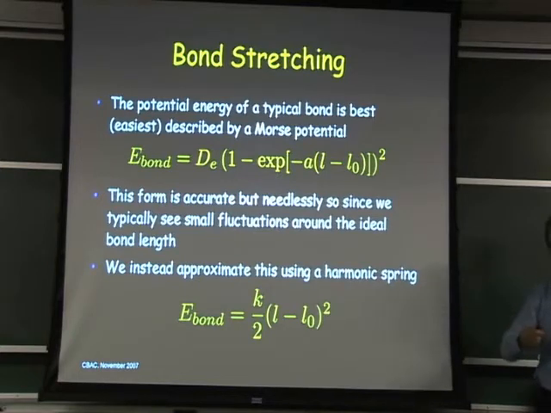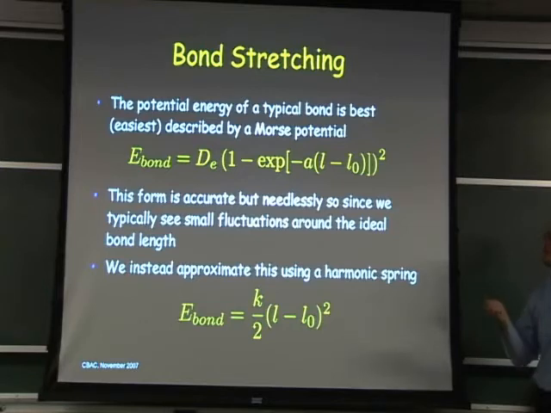But this describes the stretching of a bond over a long distance, and in our simulations we're really looking at relatively small fluctuations around an equilibrium point. Because that equilibrium point is a minimum, the first term we would need to describe fluctuations away from that point is going to be a quadratic, and there can't be a linear term since the first derivative is zero. So we can use a harmonic spring, a harmonic oscillator, or a Hookean spring, if you will, and describe fluctuations around some ideal bond length using this simple quadratic equation.